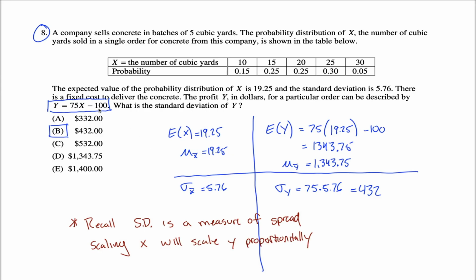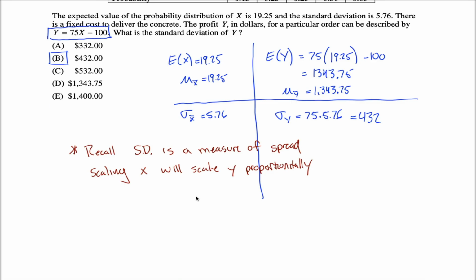What about subtracting 100? Well, again, think about it. I used to have these two values that were separated by maybe 2. I multiply them by 75, now they're separated by 150. I subtract 100 from each of those values. They each get smaller by 100, but they're still separated from each other by 150. Adding or subtracting to this product is not going to change how spread out they are. It'll absolutely change their expected value, but because the standard deviation is a measure of spread, adding or subtracting to it, I think translating would be the proper mathematical word to use. But for the sake of clarity, I'll write adding or subtracting to or from x won't change the standard deviation